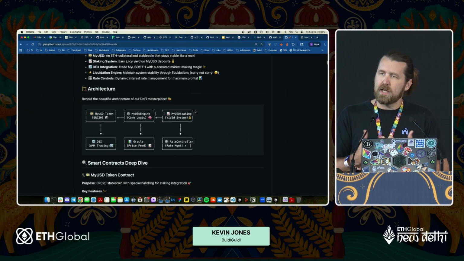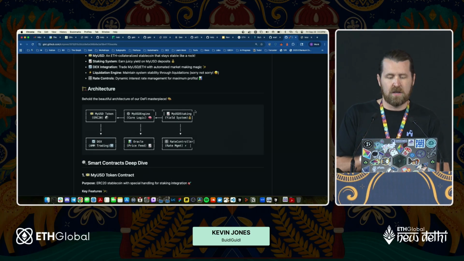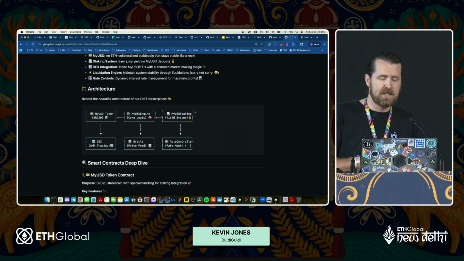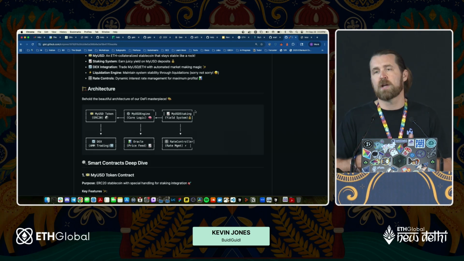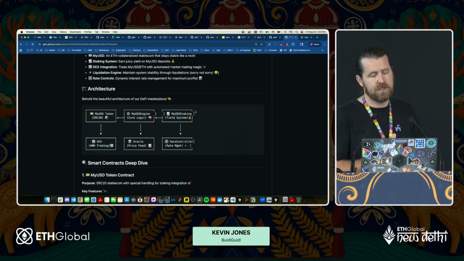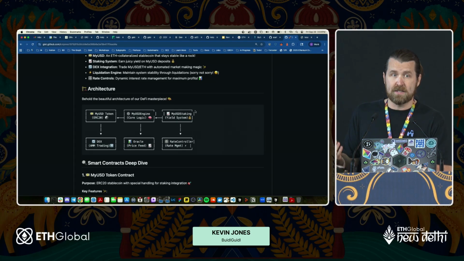For the actual system to work properly, there are a few things that you need to understand. One is you need two things. You need an oracle, right? Because you always need to know exactly what the price of the asset is that you're providing as collateral in the smart contract. This could be something like a Chainlink price feed or some other oracle-based system that will let your smart contracts know exactly what the price of the collateral